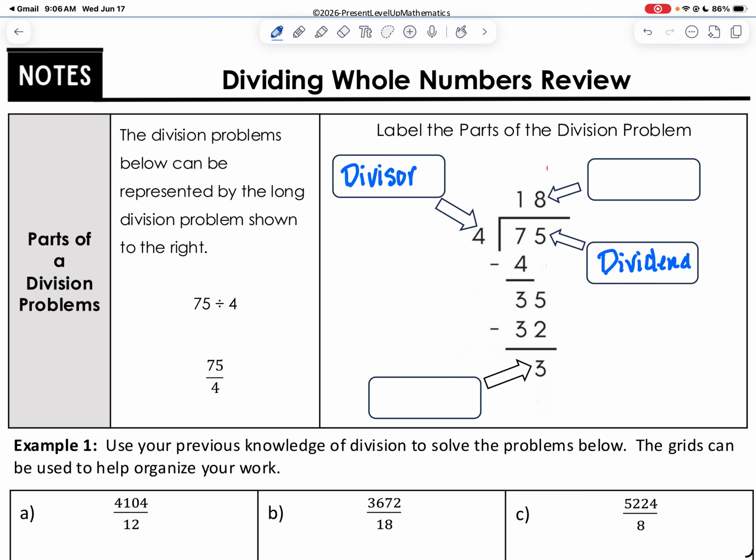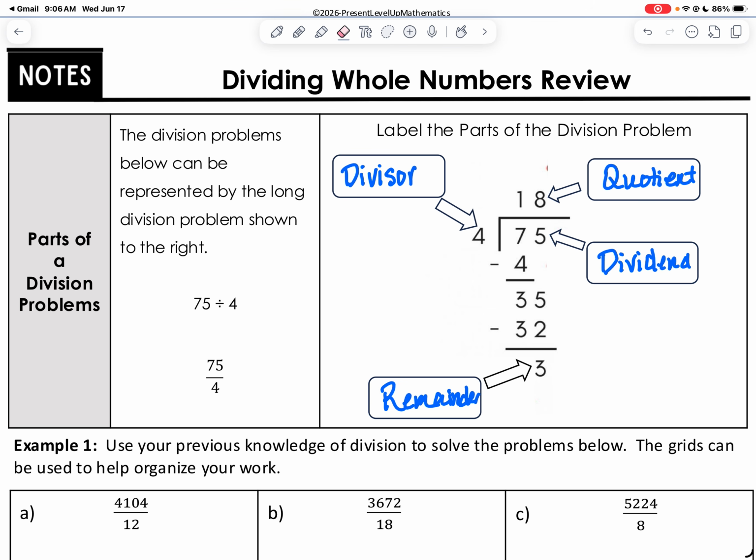It's what you're dividing by. Now, the answer to your division problem is your quotient. And then sometimes when we're dividing, we have a remainder. Again, I know all of this is a review, but it doesn't hurt to refresh our mind with the parts